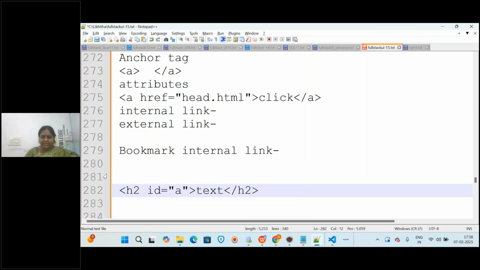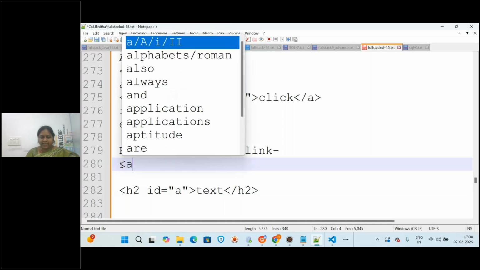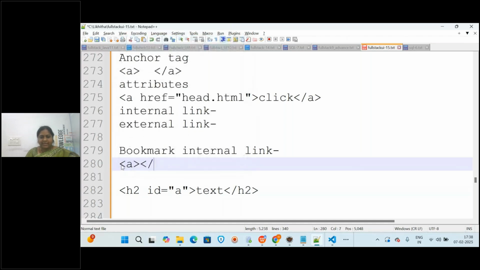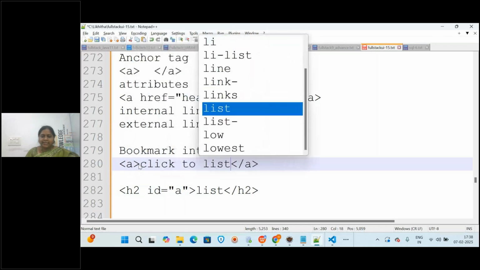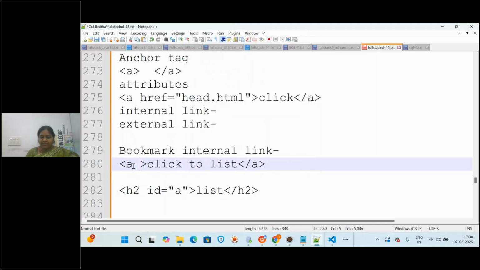And when you provide the link using the anchor tag, open and close the anchor tag here. Suppose here I'm explaining about the list and you want to move to the list location, then here I will be writing click to list. And then href is equal to, in double quotes I will be writing hash